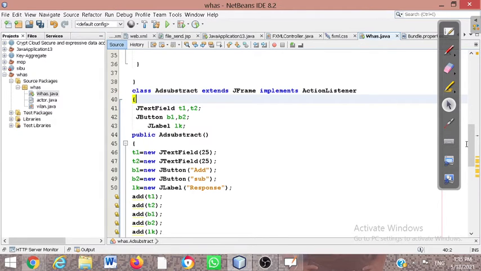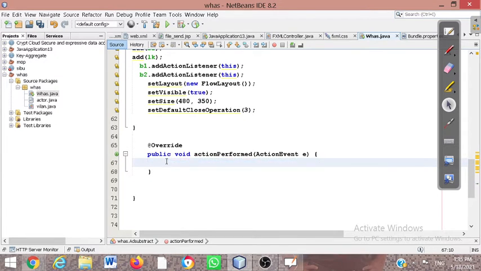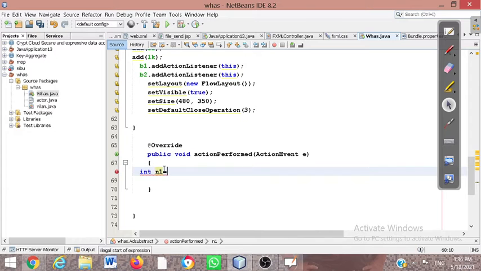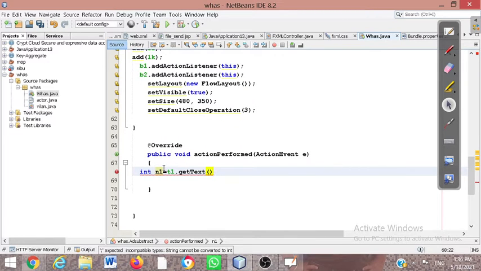Now the error will be gone, and see at the bottom, here the public void actionPerformed method is coming. Inside that, I am going to remove this code, and also remove this part, and inside this actionPerformed method I am going to write the logic, because I have two buttons here, right? So inside that I am first going to take the two numbers. I am going to read the data from the first text field, t1 dot getText method I will use, and this will read the data as a string from our text field.